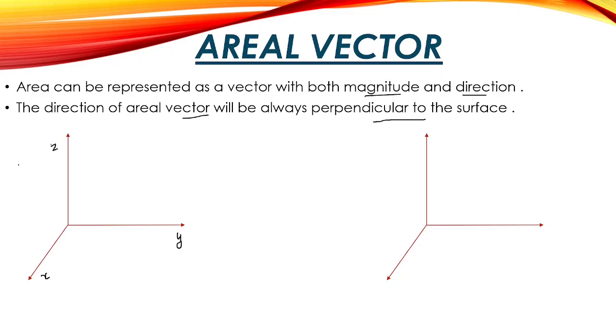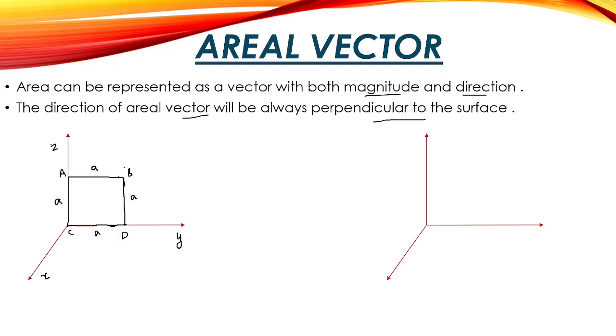Okay. Now let's consider a shape. Which shape should we consider first? Let's consider a square. So this is our square kept in the zy plane, because one side is along z and another is along the y axis. So this square is situated in the zy plane, and this is our origin. Let's name this square A, B, C, D if you need; if you don't need, don't name it. So we have named this square ABCD, and each side of the square is small a.